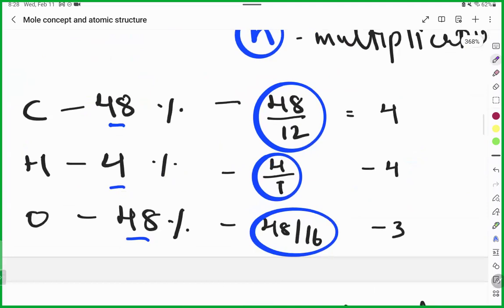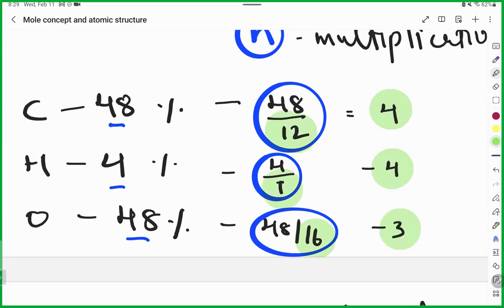It will be like carbon percentage in a compound is 48%. Hydrogen is 4%. And the elements present in the given compound are carbon, hydrogen, and oxygen. You have to find out the empirical formula. How to do? First, divide the percentage with the atomic mass. First, divide by the atomic mass. Whatever number you will get,